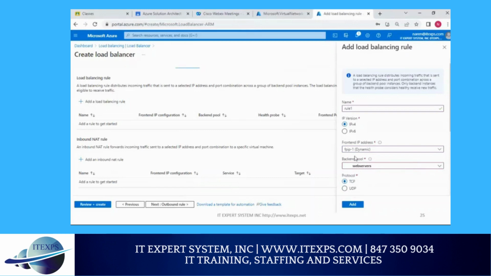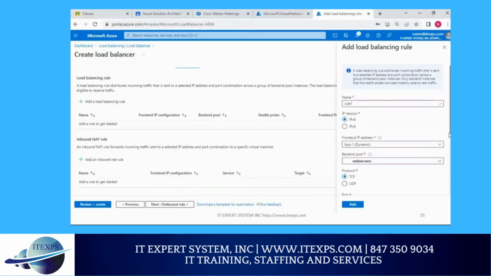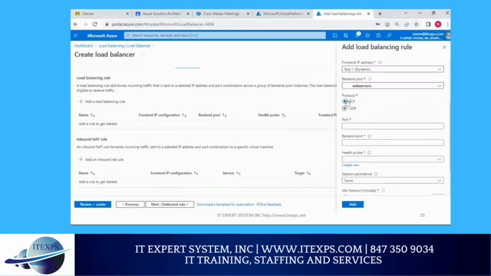So what this rule says is your incoming request is coming to this front end IP address. You're connecting to these servers using which protocol. So you say, I want to use TCP protocol. Which port? Which incoming port will the request come to? So let's say on the load balancer, I say my incoming request will come to port number 80. On the backend pool on my VMs, where you want to forward this request to, and on which port,